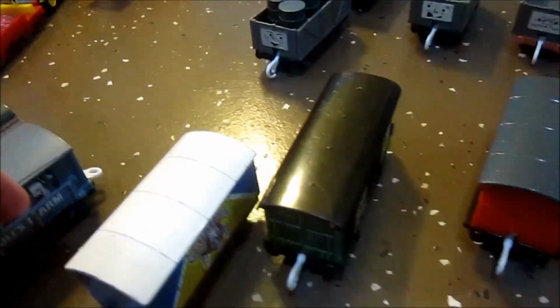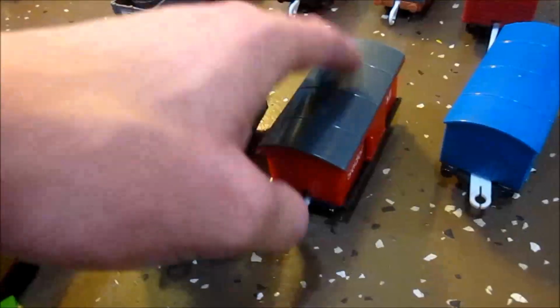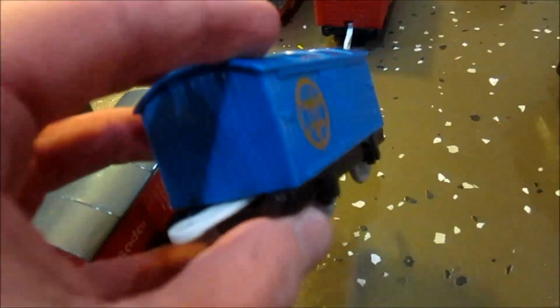You got this ice cream van, the McColl's chicken car, the circus carnival car, the green mail car, the red mail car, or stuck, there it goes, and this blue electric van, which is only printed on one side, and got 2 Tomy fuel tankers, a Tomy